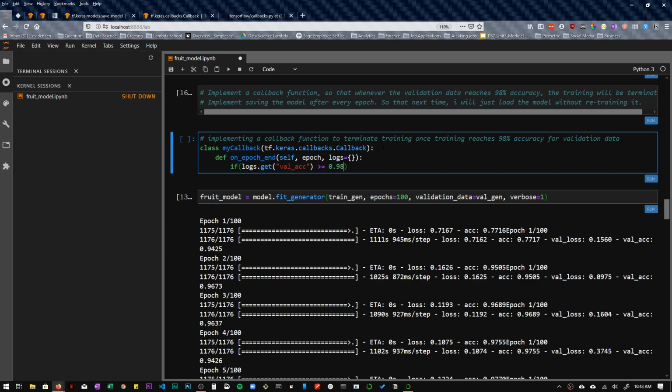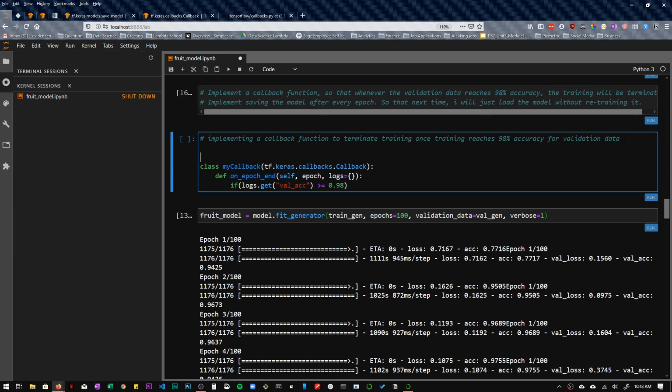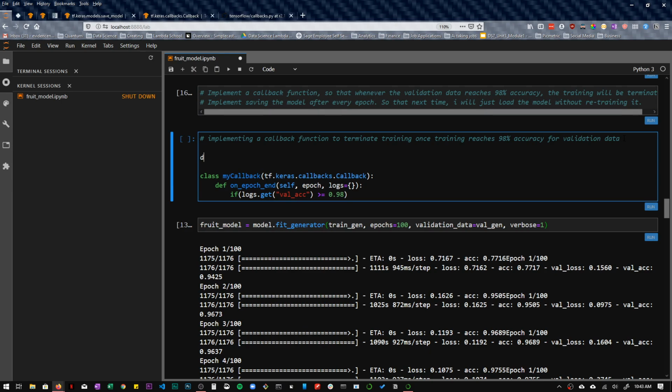Now, I could even do this better. I could define a validation accuracy equal to 0.98. So when it's greater than or equal to the validation accuracy, which we defined earlier here,